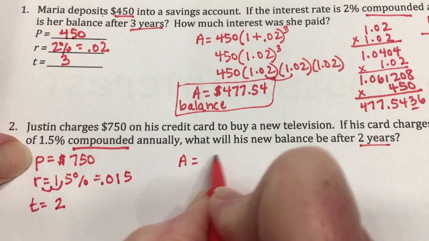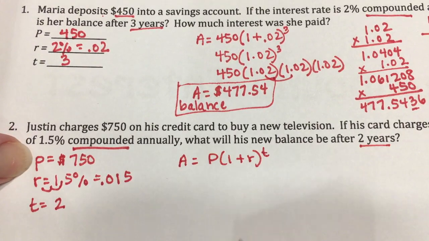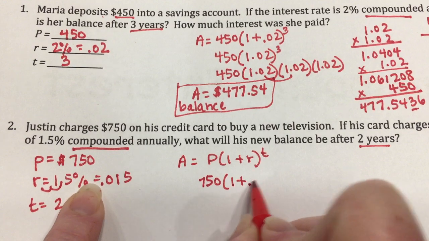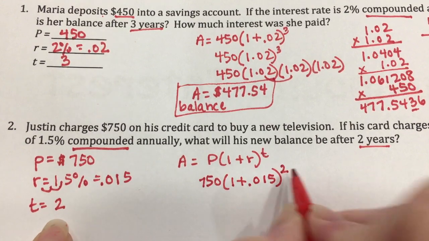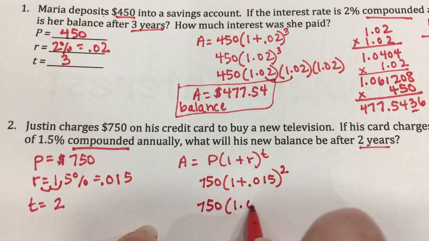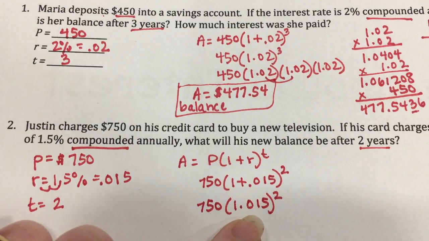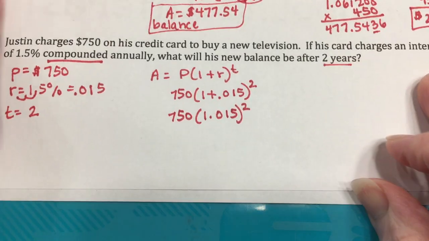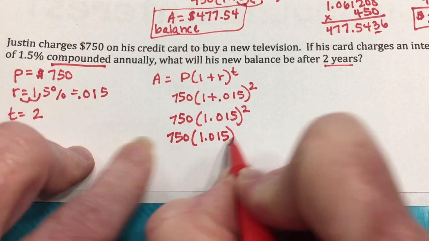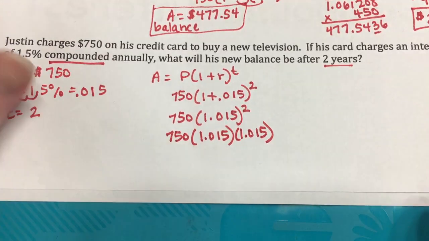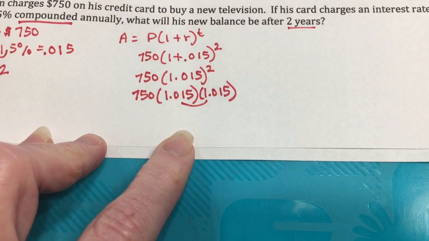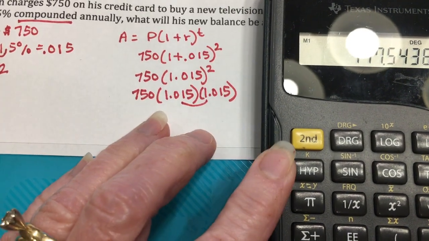So if this is my formula, I'm going to plug in P is 750, 1 plus R is 1 plus 0.015, and T is 2. If I add 1 plus 0.015, hopefully we can skip to just 1.015. With an exponent of 2, that exponent tells me how many times to multiply this number. So what I need to do is 750 times 1.015 times 1.015. Because I'm so nice, I'm going to let you use the calculator for this step only, and you get to multiply